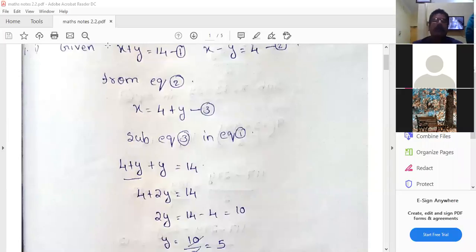Okay. Now we have two equations. Now the pair of linear equations in two variables solved by the substitution method. In that process we have two equations. First equation is x plus y equal to 14. Second equation is x minus y